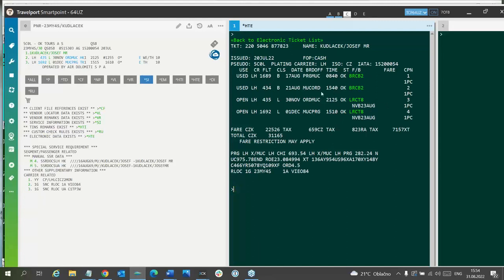It is Prague, Munich, Chicago and back. It is a partly used ticket, the outbound travel has been already flown, and now you would like to change this ticket. But I will show you what has happened due to an incorrect check-in procedure at the airport.